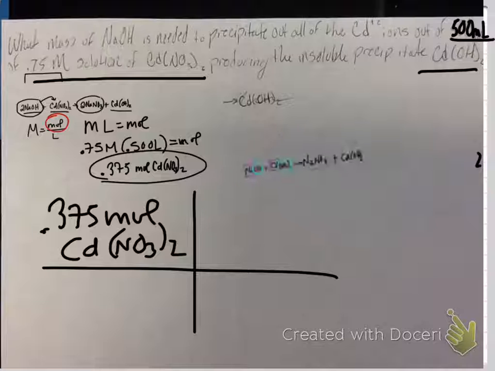I'm going to try to enlarge and place over here. And what are our coefficients? So where are we getting our numbers? And we're already in moles, which is kind of nice because we don't have to do a mass conversion from the cadmium nitrate. So for every one